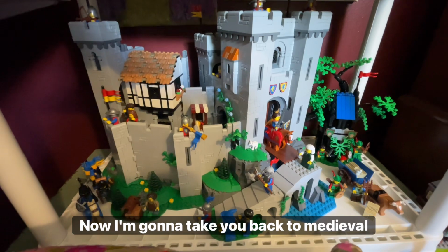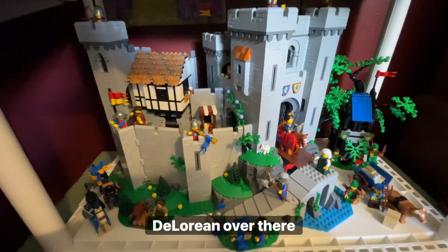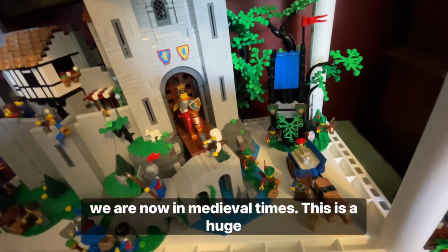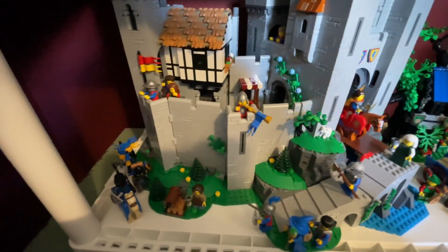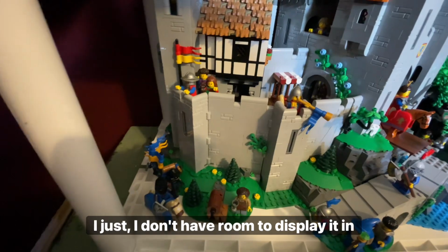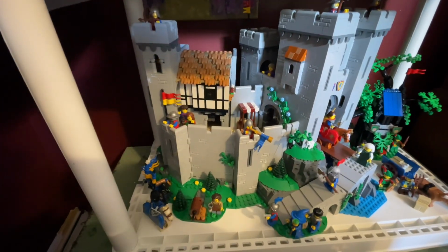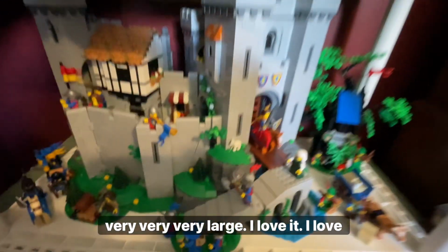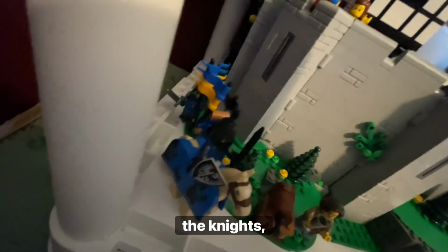Harry Potter. Now I'm going to take you back to medieval times. We must have used that DeLorean over there from Back to the Future, but we are now in medieval times. This is a huge castle that opens up, and I don't have room to display it in its full glory because it's just very, very large. I love it. I love all the figures, the horses, the details, the knights,